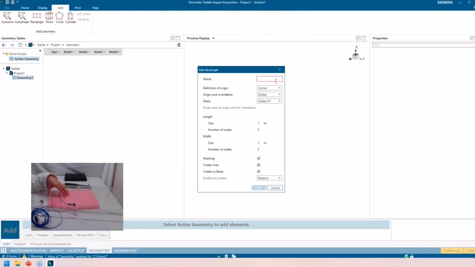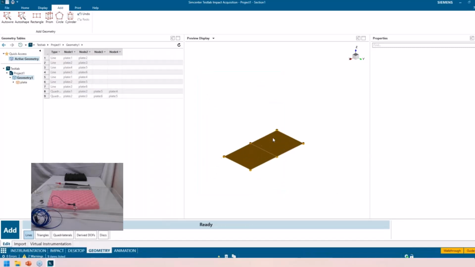This is a rectangle. I'm going to name this plate. And these are ballpark guesses because I don't have a measuring tape on me, but I will do a 2 by 3. I click OK, and bam, I've got my plate. No more needing to type in the individual node locations. How does that sound, Charles? I won't miss it. Yeah, I don't miss it either, I'll be honest. I just made this plate, 10 seconds, done.